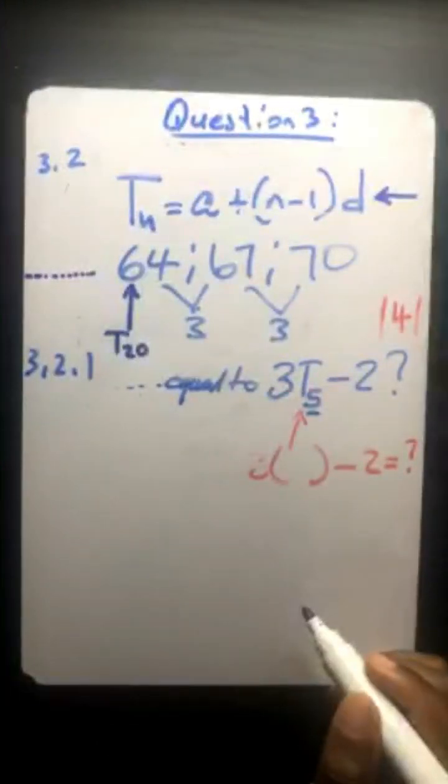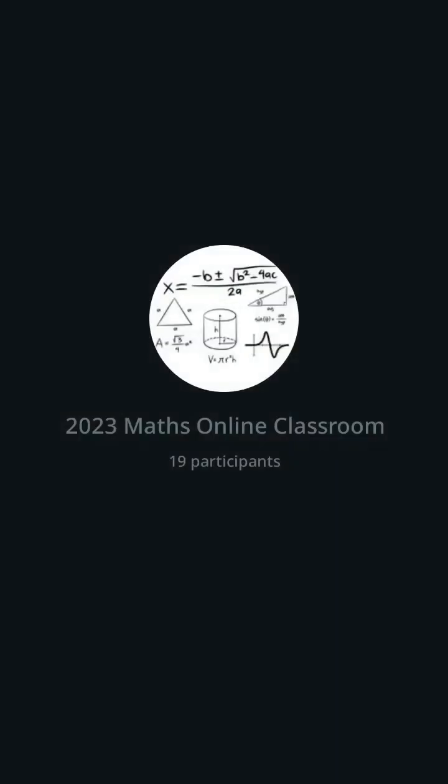That's what I was about to try. What the honorable member is saying is that they've just told us that term number 20 is equal to 64. Let's try to use that information. So that means where we see n, we are going to substitute 20. Where we see tn, we're going to substitute 64. Then we are